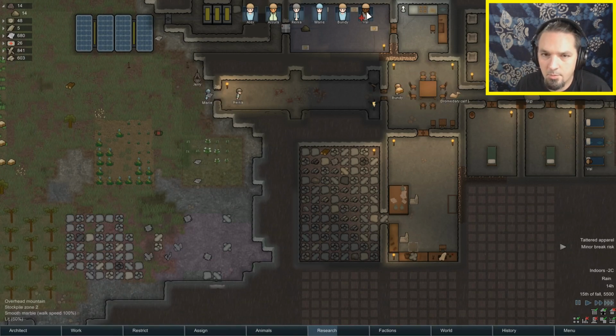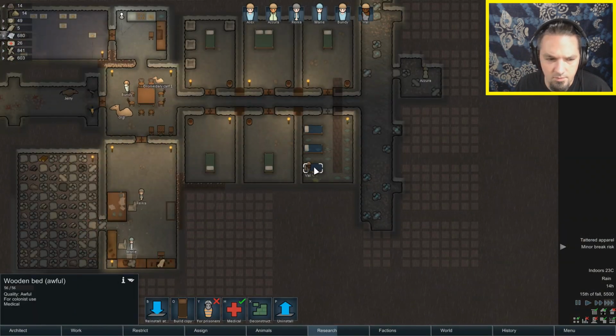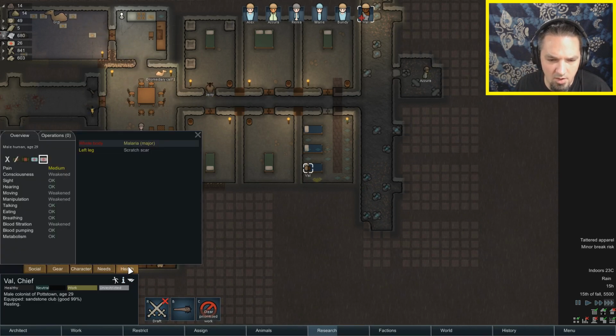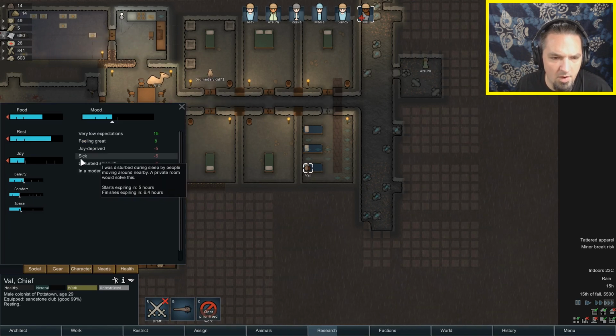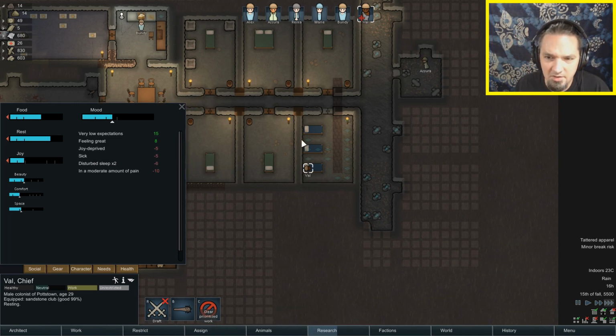So we've got minor break risk, which I'm guessing is Val. Val, what you got going on besides the fact that you are in a moderate amount of pain, disturbed sleep, sick, and joy deprived? So, yeah, that's pretty problematic. And